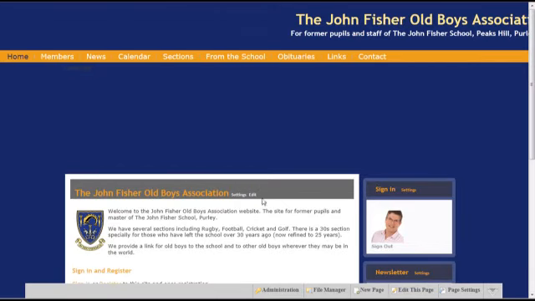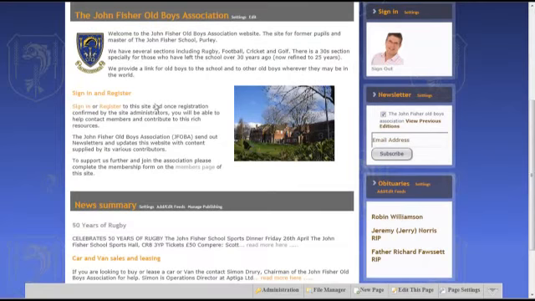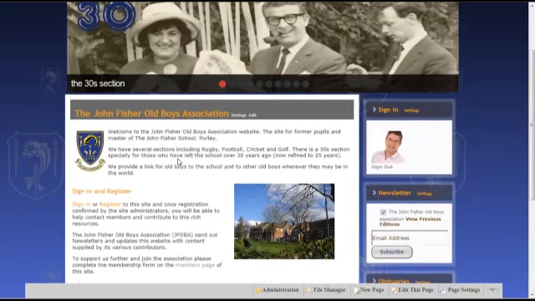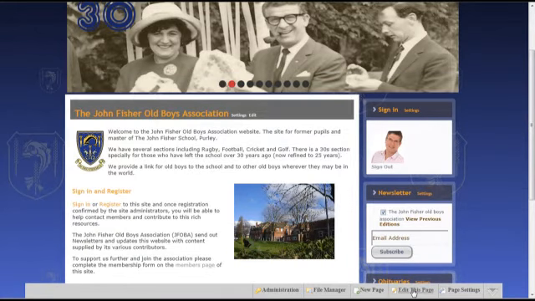Now, once you've got a page here, the page is basically made up of sections. So you've got your top section. You do have a left column, a middle, and a right column. Have a look at this page here. If you wanted to edit the whole page and how it's laid out,